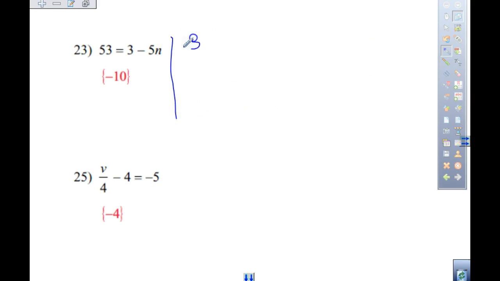Alright, so does 53 equal 3 minus 5 times, notice I'm going to use parentheses here, negative 10? Right. And then just go through and show the steps. So 53 equals,